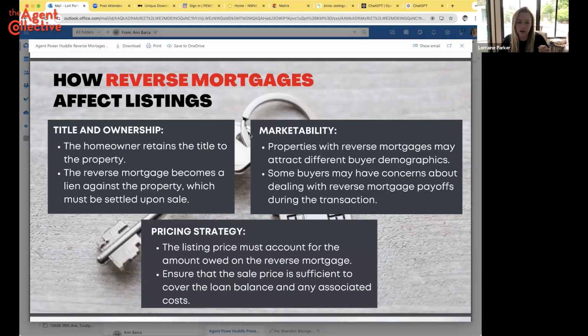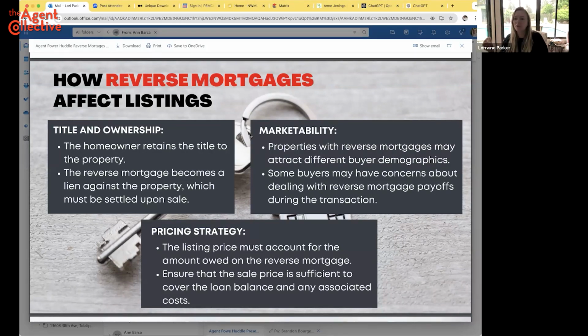You need to price the listing for more than the amount owed on the reverse mortgage. Now, here's the really cool thing that Mike walked me through. If you don't have a Mike, find yourself a Mike. He's been in the business over 30 years. He knows everything about reverse mortgages, and I will call just panicking, and he's so mellow and just like,